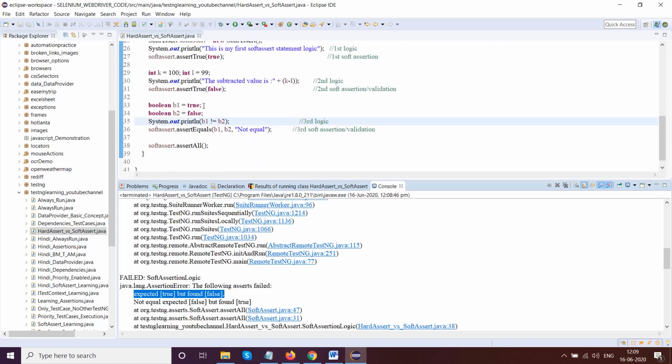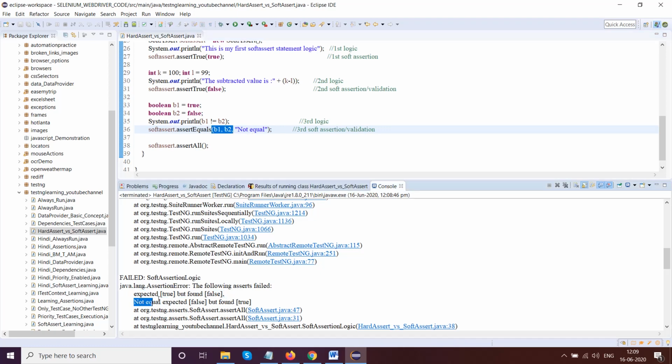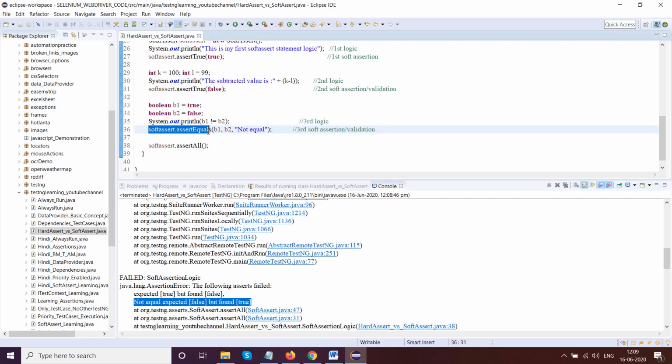See, b1 is true, b2 is false, but this one is actually correct, and it is not equals. See, expected false but found true. So you have to be very careful when using these statements, because these are validation statements and they are very exact to the word they use. Of course b1 and b2 are not equal. Even though you put a string message, it doesn't matter.